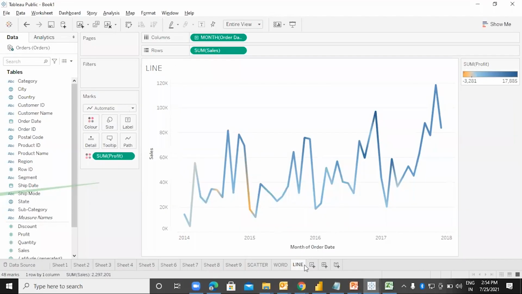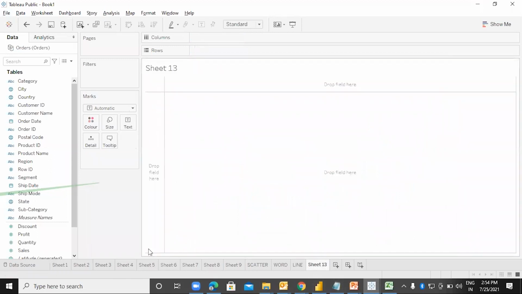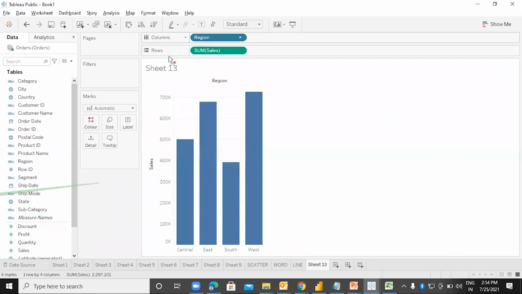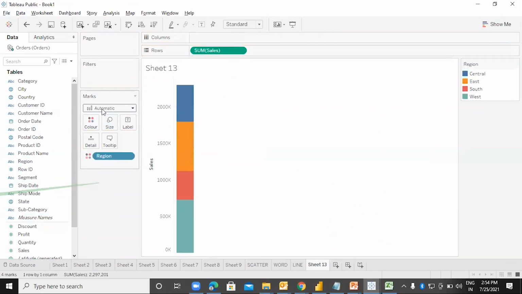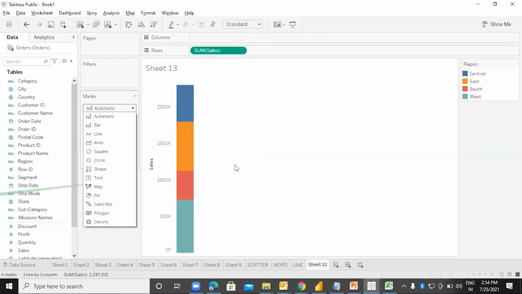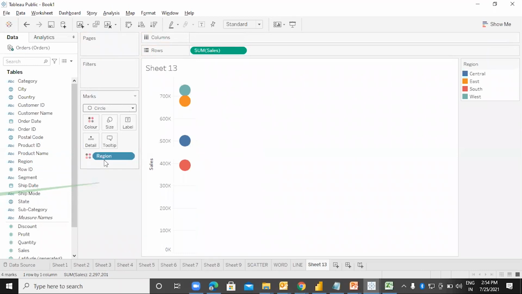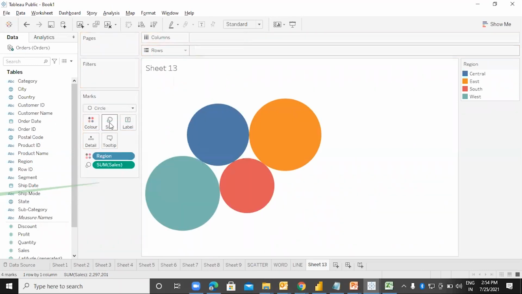Then we have a bubble chart. Let's see how we can create a bubble chart. For this, let me take the sales on the basis of the region and put the region into the color. And instead of automatic, I will change it to the circle over here. And I will take the sales into the size. Let me take the region into the label,